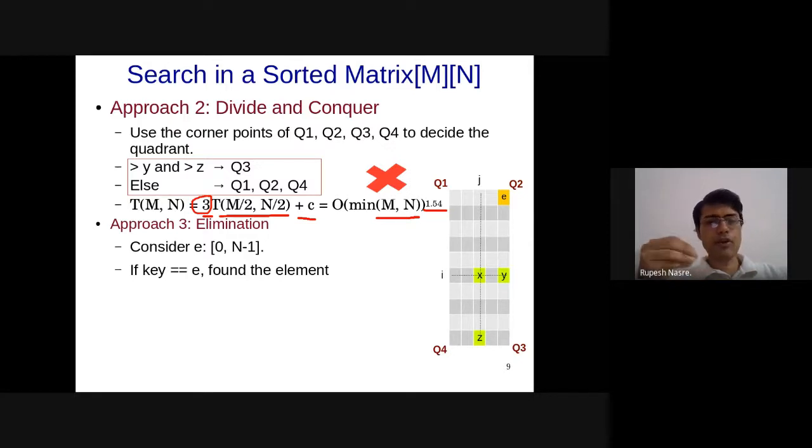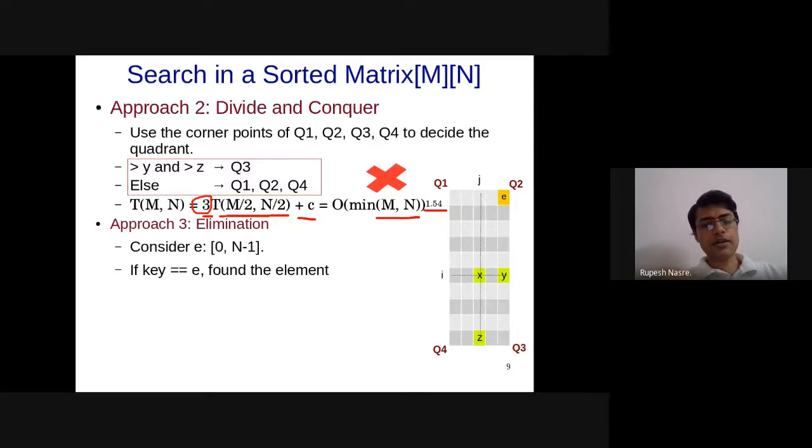So 3 to the power log n to the base 2, the first part of T(mn), is going to be 3 to the power log n to the base 2, which if you flip, you will be able to say that it is going to be log of 3 to the base 2.